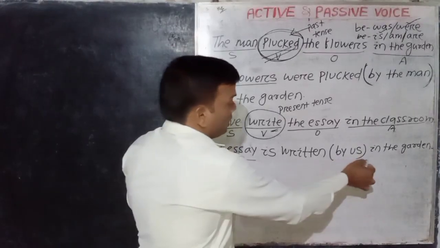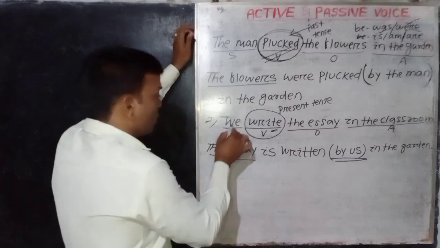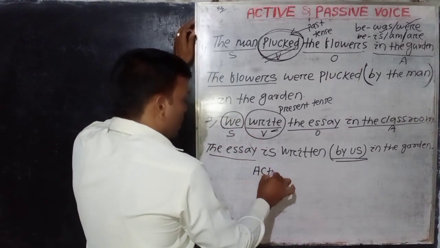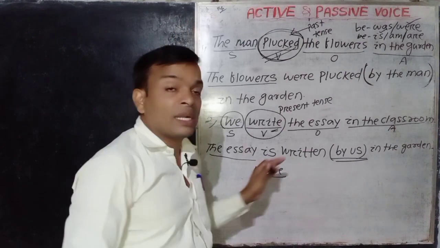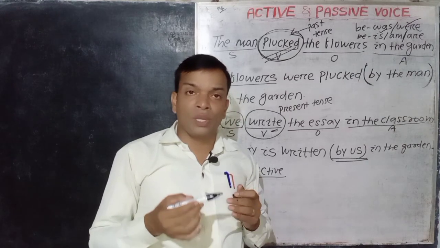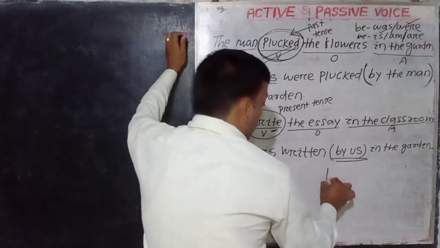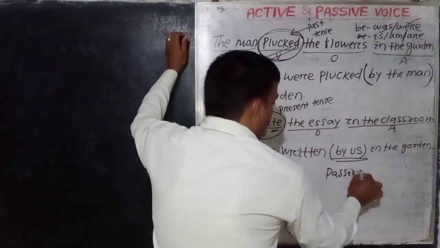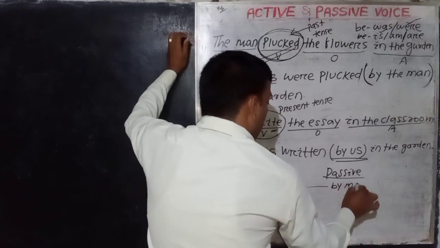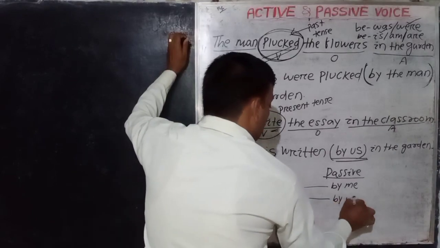Here see the by plus agent, the particular word by phrase. By us, here the subject or agent is we. Remember one most important thing. If the particular agent or subject is a personal pronoun in your active voice, and when we use it in your by phrase in your passive sentence, it must be converted into, remember the list. If that is I, then this is by me, then if that is we, then by us.